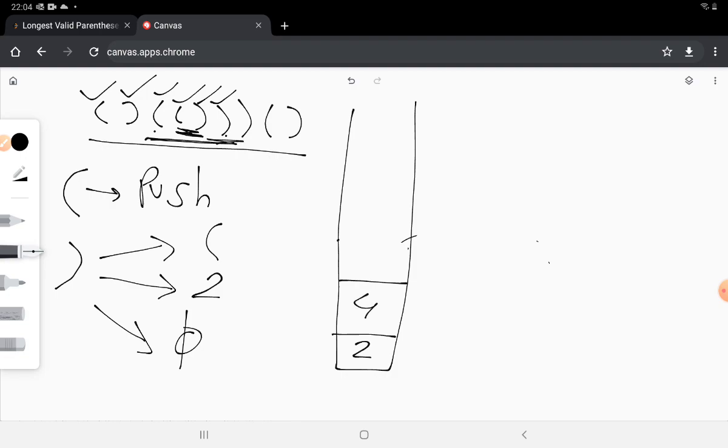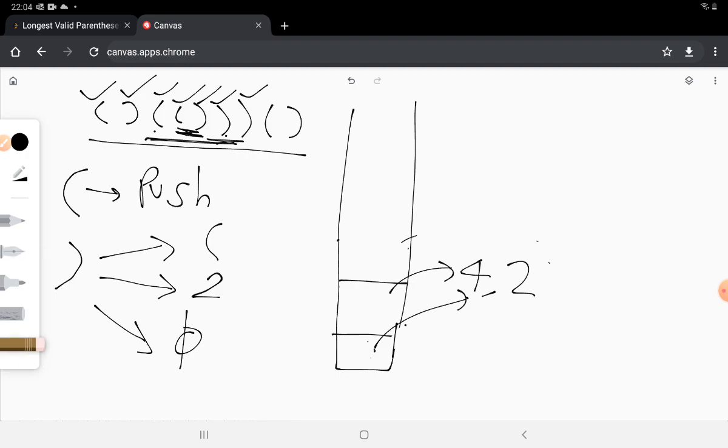So we have come till here now. Now we have a closing parenthesis. Again the same situation, we have an integer at the top of the stack, so we pop it out. So we pop out this 4 and we remove it. Then we again check the top of the stack, so we again have an integer, we pop that out as well. So basically we pop out this 2 as well. So 4, 2 items have been popped out,